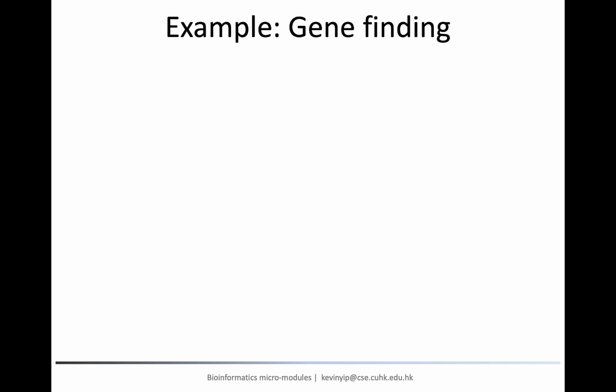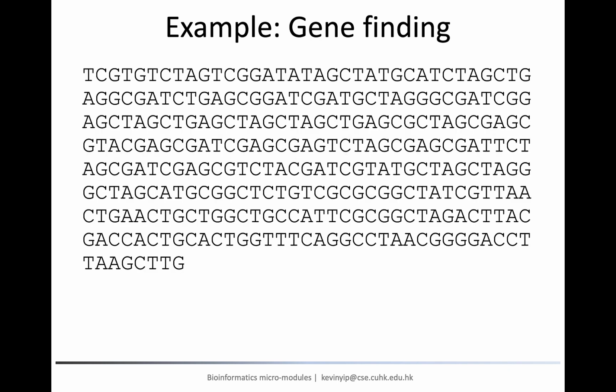Let's see a toy example to get some feeling about the annotation process. Suppose you are given this DNA sequence. It is a short sequence with less than 300 nucleotides, but it can already give us some ideas about the difficulties that we would face when we are annotating the whole human genome, which has 3 billion nucleotides in each haploid copy. The annotation task that we want to perform here is gene finding, which basically asks whether there is a gene in this sequence, and if so, where it is.